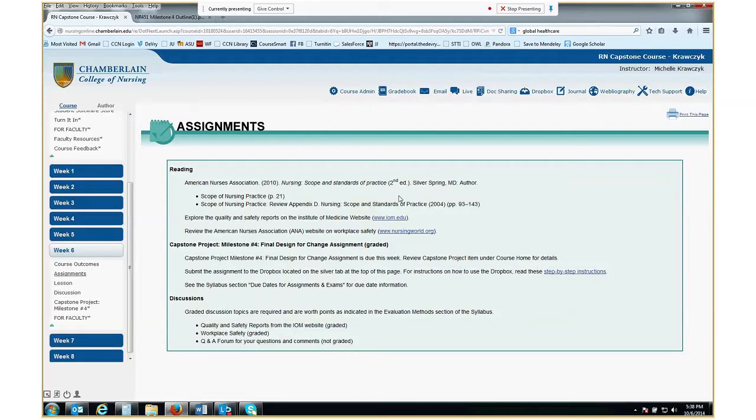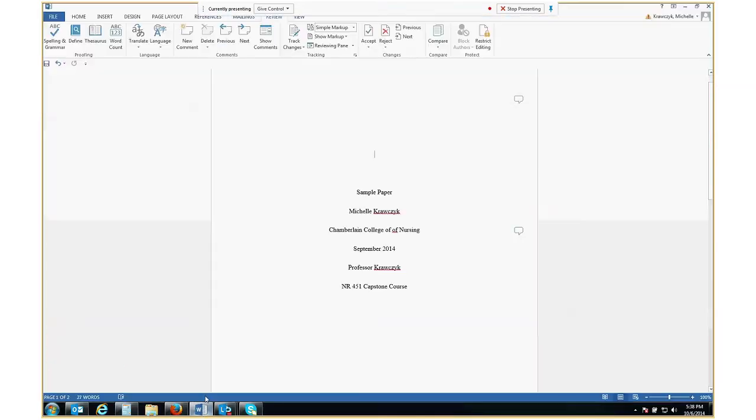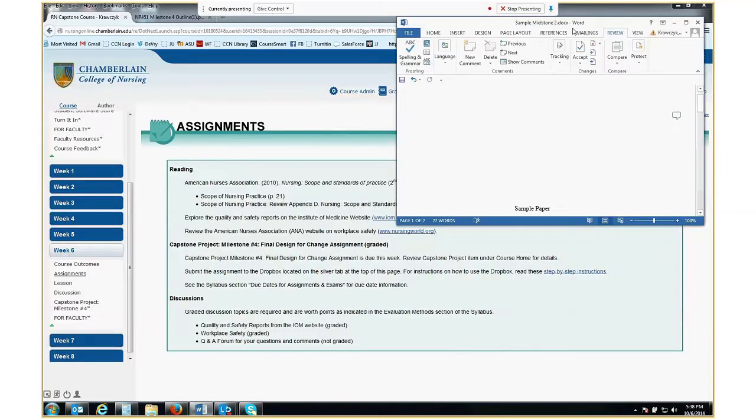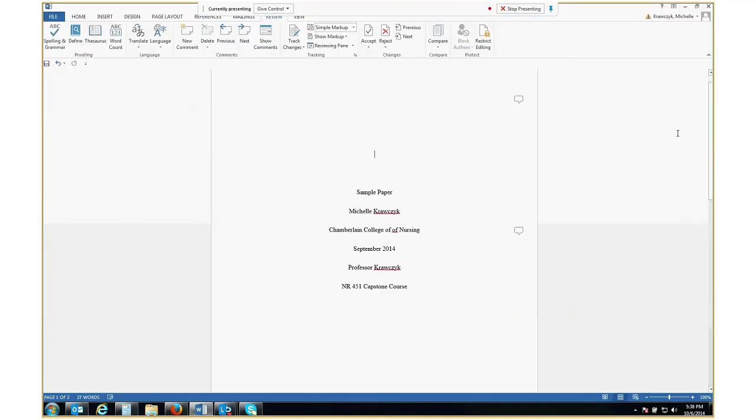What I want you to do is open up your second milestone. I have a pretend one here that we're going to look at as a sample. Say this is the sample that I gave back to you that has the comments in. I want you to make all of your changes on this. When you submit this back to me, you are going to save as milestone 4, and submit this back to me. My comments are still going to be intact. This helps me to know that you've made the changes that were addressed in the second milestone. So let me open this back up for you.